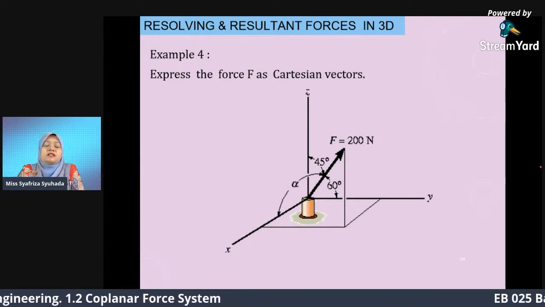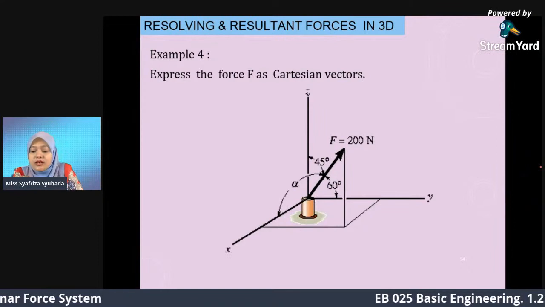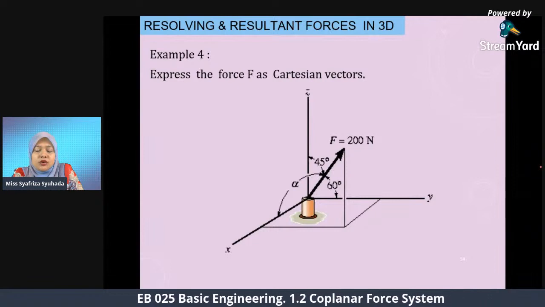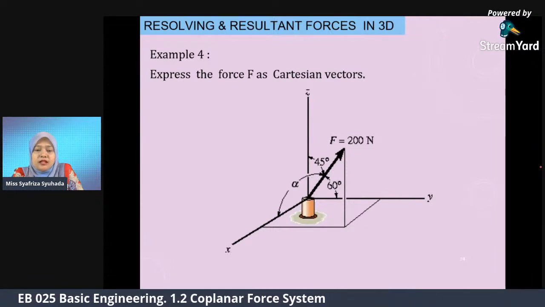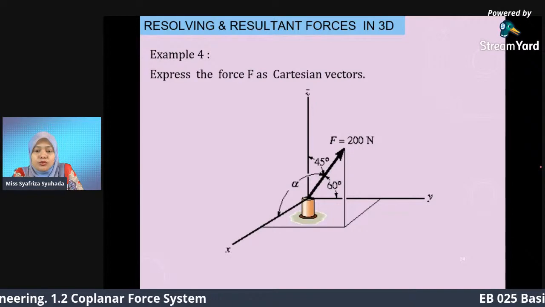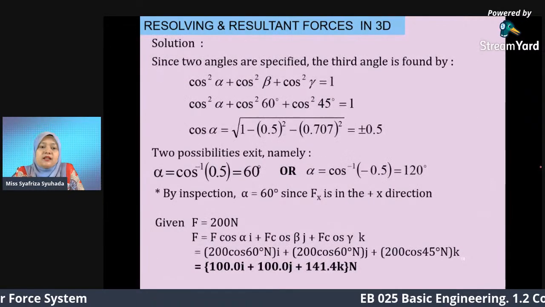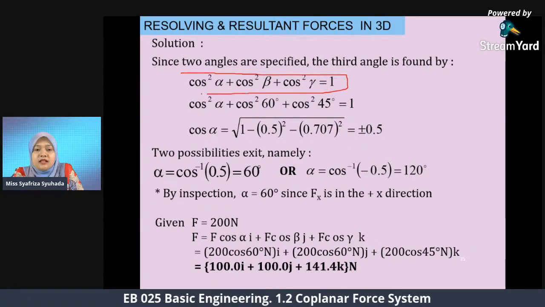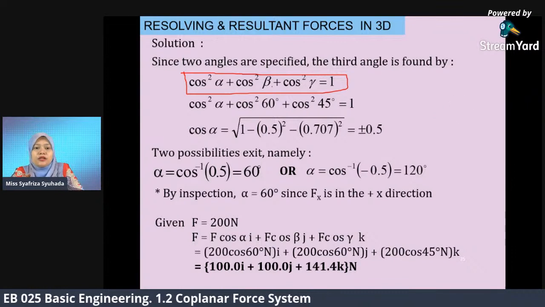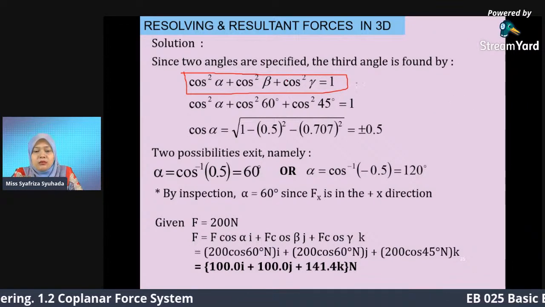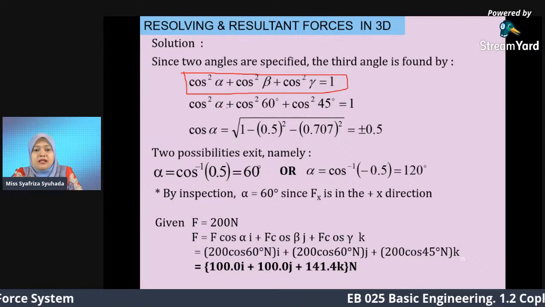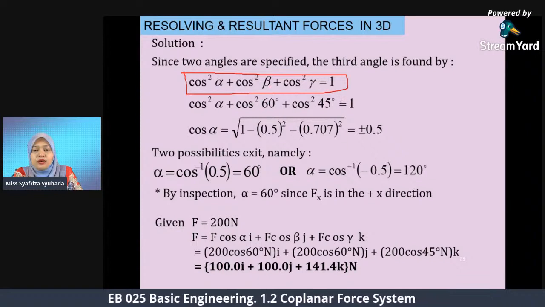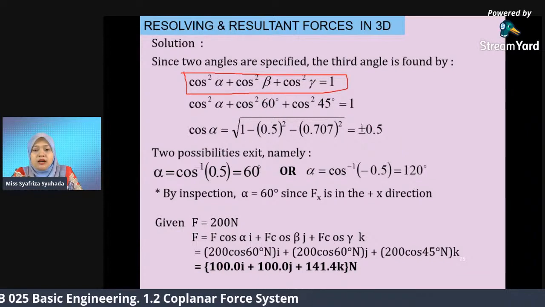Jadi macam mana nak selesaikan permasalahan ni? Kita gunalah tadi formula yang saya suruh kamu ingat semua. Cos squared alpha tambah cos squared beta tambah cos squared gamma equal to 1. Kita gunakan formula this one jika kita tidak tahu dia punya sudut. Kalau kamu tulis this one, kamu akan dapat 1 markah. Masukkan nilai yang tahu. Kita ada 2 nilai untuk alpha, beta dan juga gamma, masuk nilai dan tekan calculator, kamu akan dapat jawapan dia